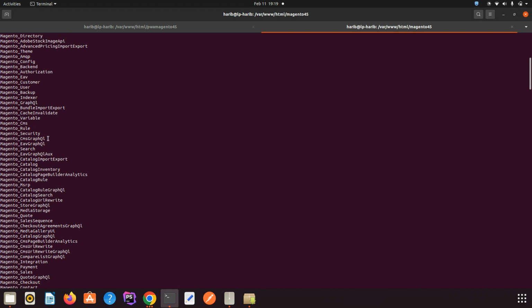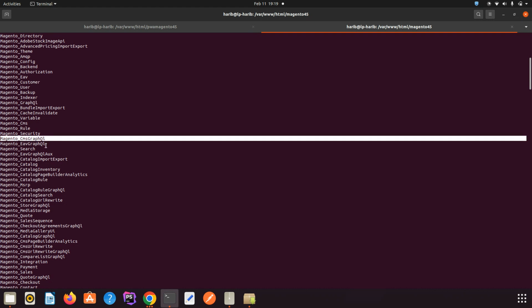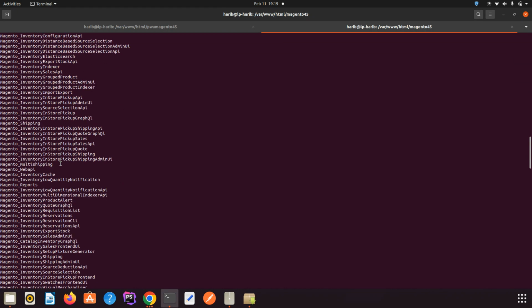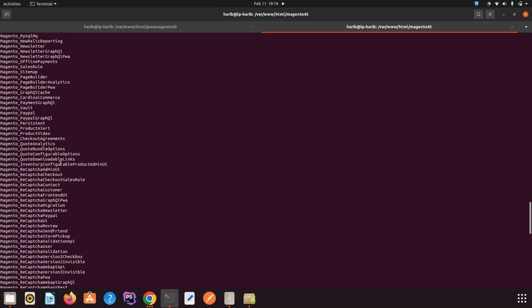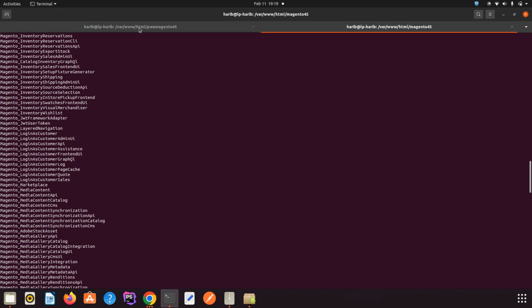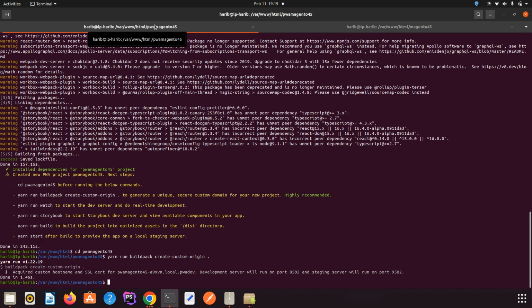GraphQL is an API. So these are the modules. Check whether these modules are enabled or not. If they are not enabled, you'll get errors. So here in the process, all the modules that were added are now enabled. So directly you can come back to the pwa magento